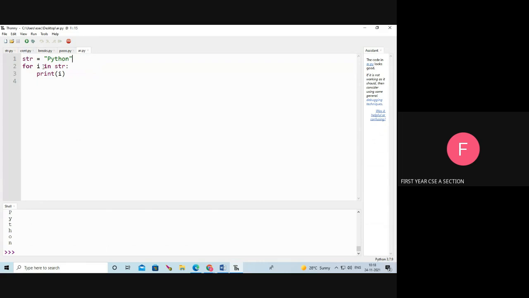For i in str means here first time i value is P, next time i value is Y, next time T, H, O, N. Here I am iterating the string values by using the for loop. So first time I enter into the for loop, print of i. What will print? P will print. Next time again I go in, y.